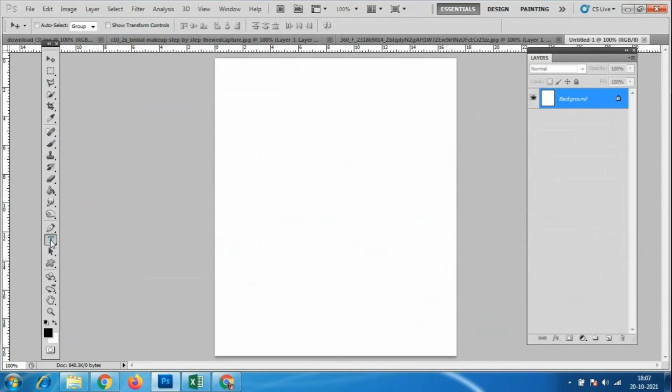Here we have an option called T. If you click here, you left click and hold the left click, and we have these many text options. One is horizontal type tool, vertical type tool, horizontal type mask tool, and vertical type mask tool. So we have these many options.